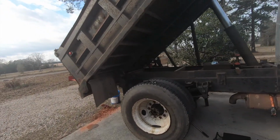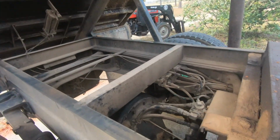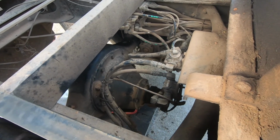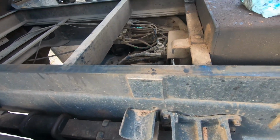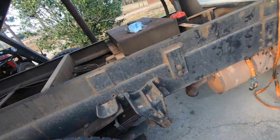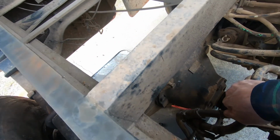All right, so took the shaft, talked to a few people. Of course, the metal's in the rear end. I have to pull out the chunk. I'm going to take it to a shop, most likely, and have them rebuild it. I've taken the drive shaft out, both axles out. I'm going to tie the air lines back here to get them out of the way,